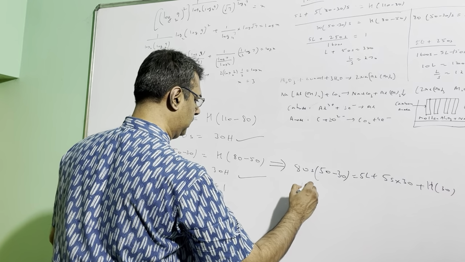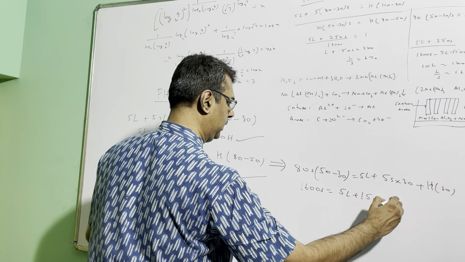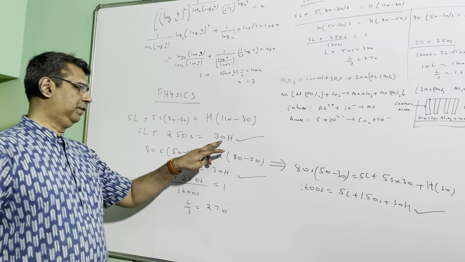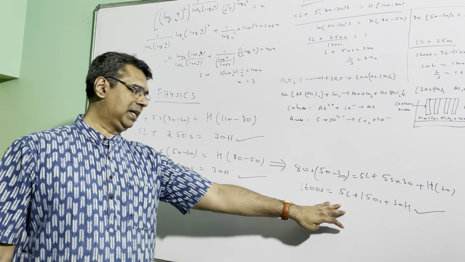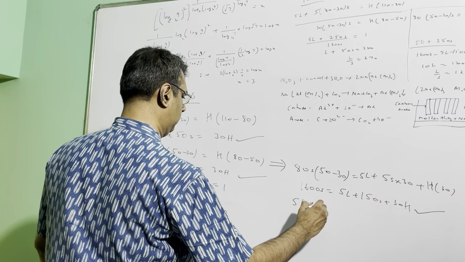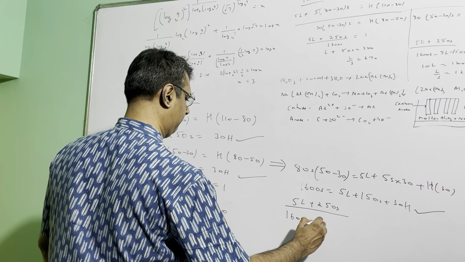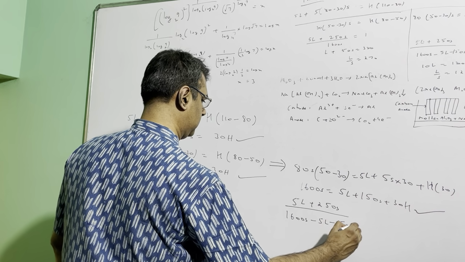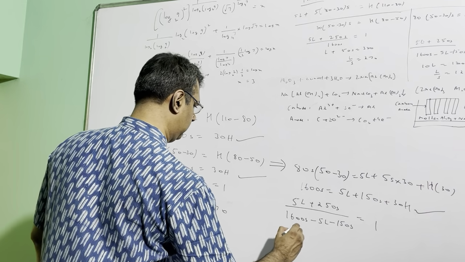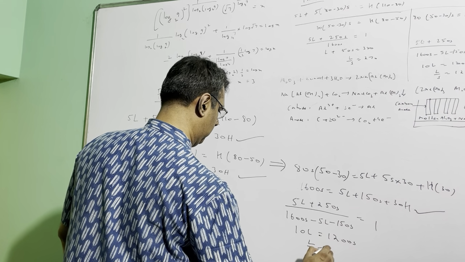On the right hand side portion, this extra portion will have to be added. So now it will become 1600S is 5L plus 150S plus 30H. So this time your two equations are: the first one will be the same as it was previously, and the second one is this. So you once again have two equations, and you can easily compare them. Just divide both of them like this, and this ratio is 30H divided by 30H, which is 1. So ultimately you are getting 10L equal to 1200S. So L by S is 120.